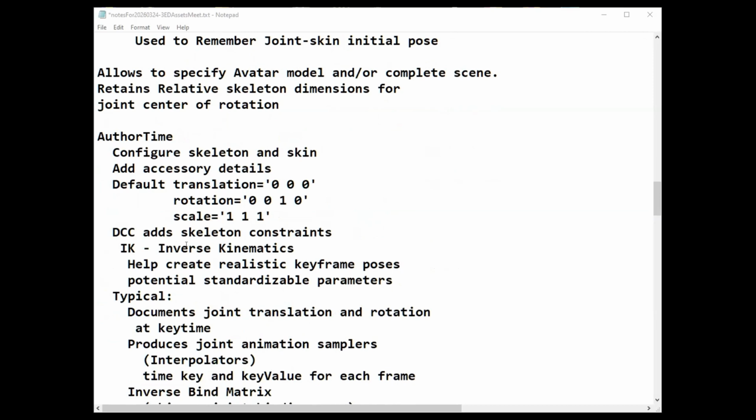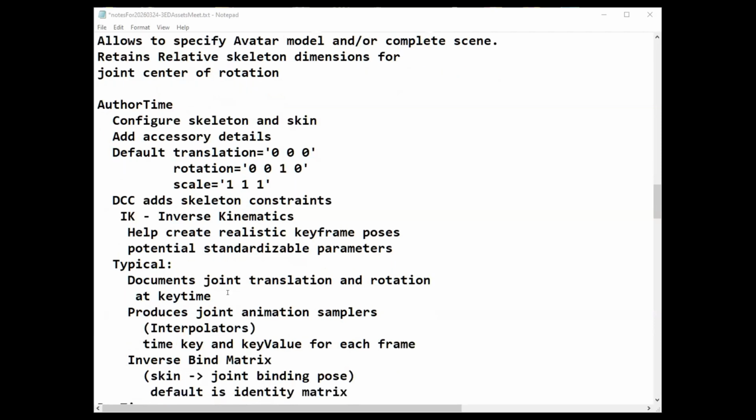And then the authoring systems will generally add some kind of inverse kinematics to help you drag around parts to make a keyframe. It helps limit joint motions and so forth. I think this is a real item for possible standardization, aimed at standardizing these inverse kinematics to get authoring out into the open a little bit more.